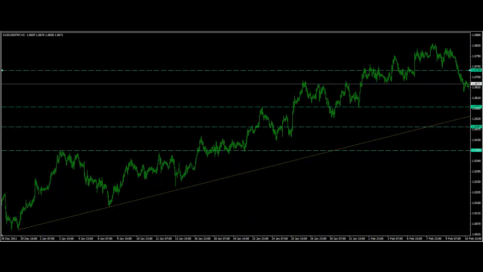Now let's look at what we were able to discern on those previous levels. Let's see if it arrived at that same level. Here's what we did. We added to the low here. We added to the low here. If you add it to this low in here, you get that level right there. If you add it to this low here, you get this level here. Now if you add it to this level here,